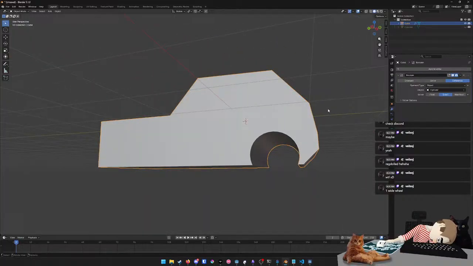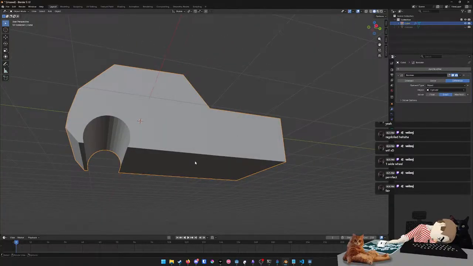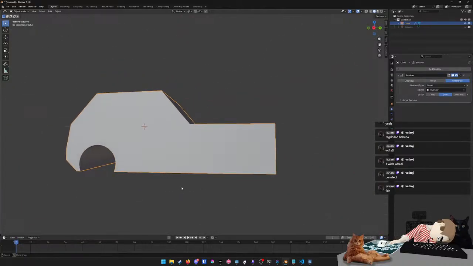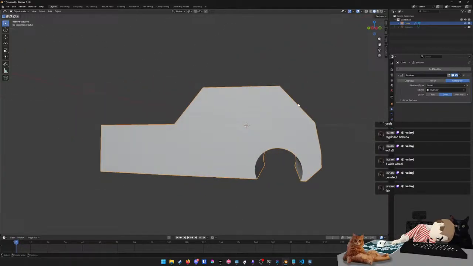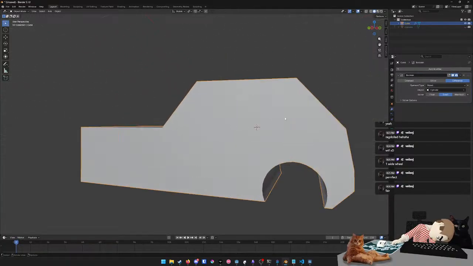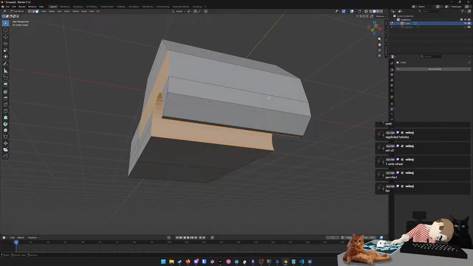Yeah, well, it was for cutting the hole in the car. But I guess the hole in the car does not usually go all the way through. So maybe that's not really the way to go. I don't know which way is the smarter way to go about it. I think, screw it, we make it go all the way through. We apply that, and then we can